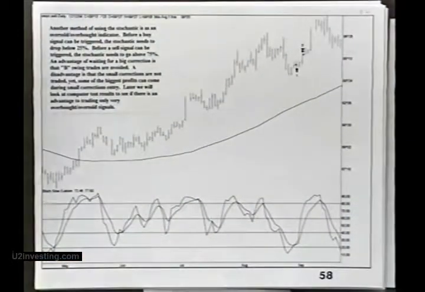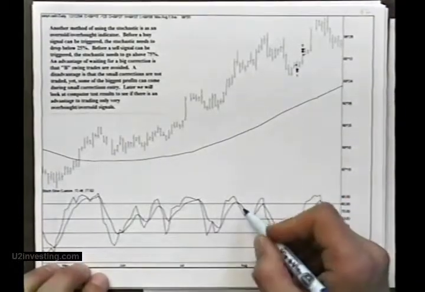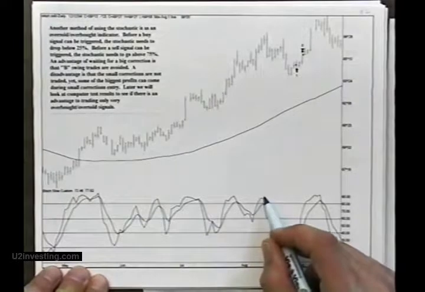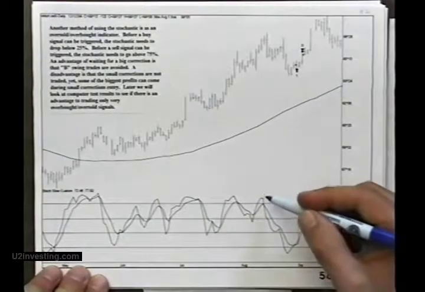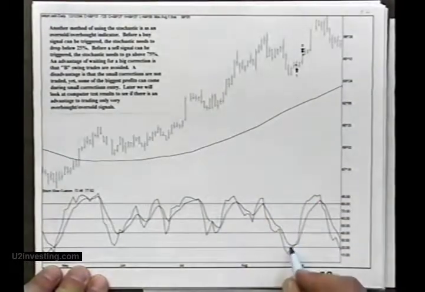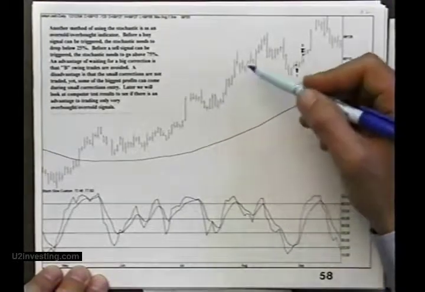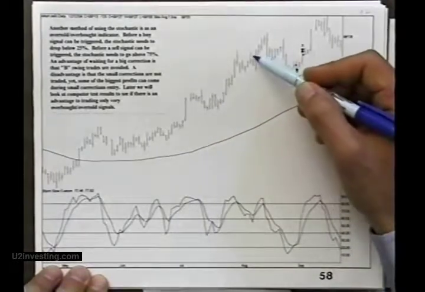Let's skip this chart here. Okay, another way of using stochastics, we have covered this, is as an overbought, oversold indicator. In other words, instead of waiting for it only to come down to 60% and then crossing over and giving us a buy signal, you wait for it to come all the way down below 25% or 20% and then cross over. What that does is it avoids some of these smaller size corrections,